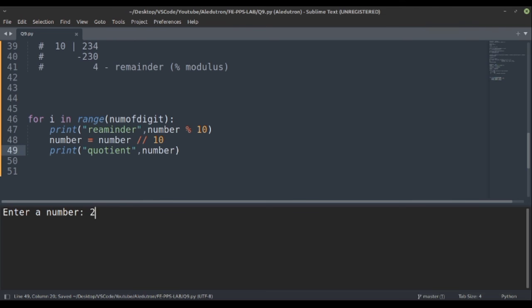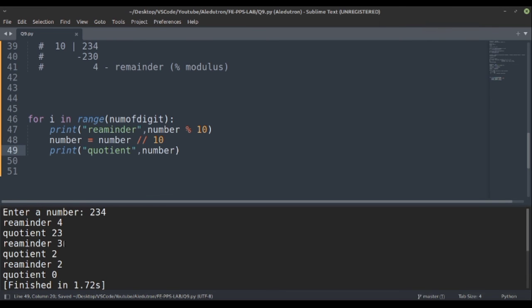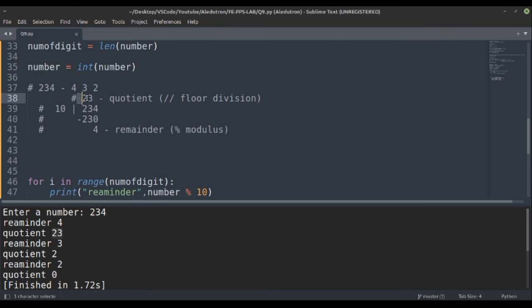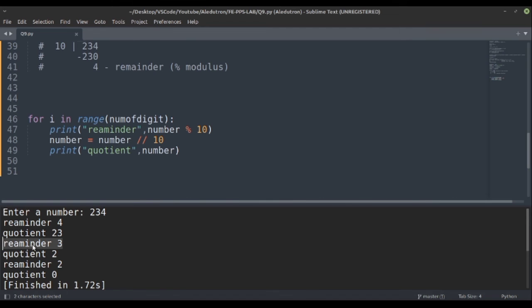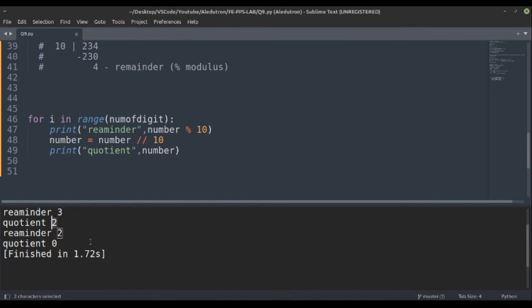So let's run this with 2 3 4. Here you can see the remainder is 4 in the first case, and after that the remaining quotient is 23. In the next case we are again taking the last digit, so the remainder is 3 and the quotient remains 2. In the last case the remainder is 2 and the quotient is 0.